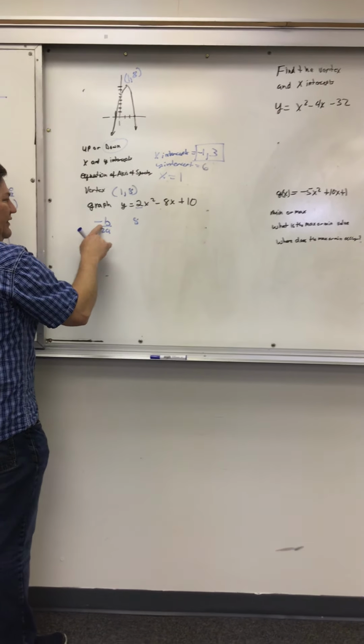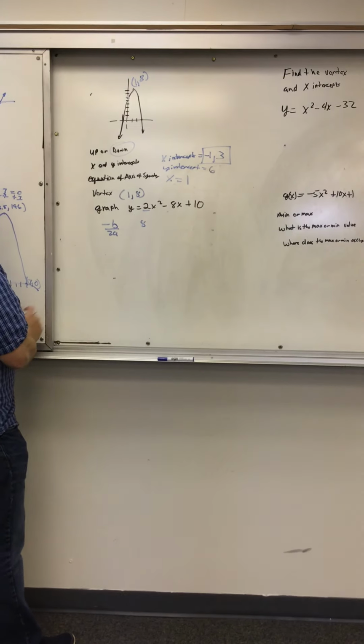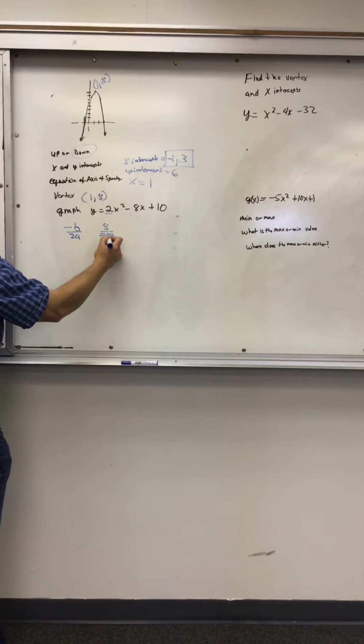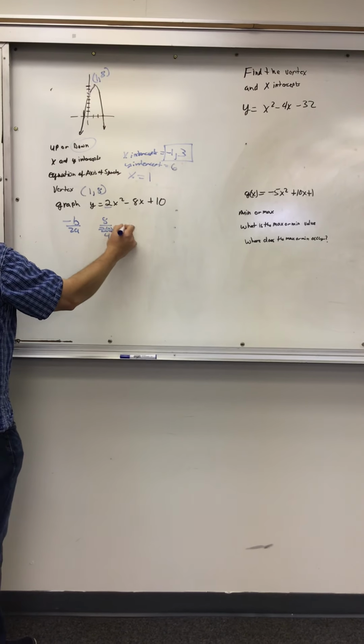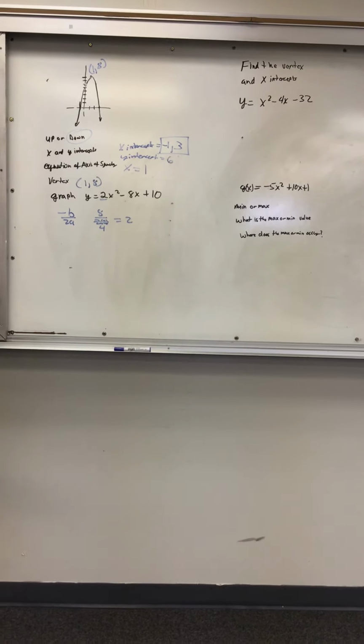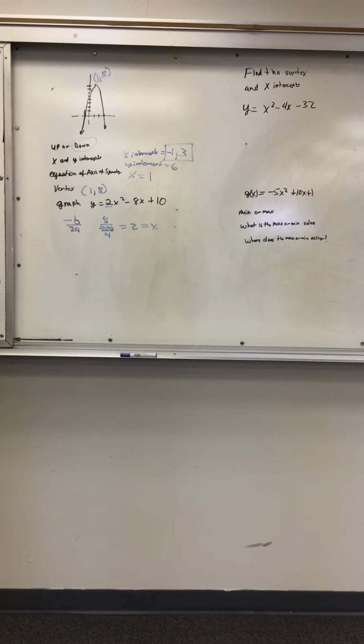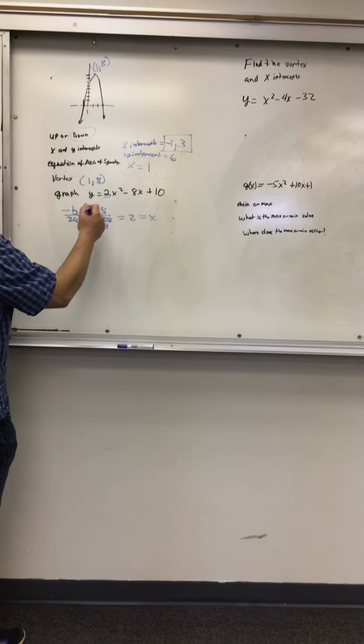Okay? So we're going to do -b over 2a, that's pretty easy. 8, opposite value of that value, over 2 times a. 2 times 2 is 4. 8 divided by 4 is 2. So we know the x-coordinate of the vertex will be 2. Now I plug that in to find the y value